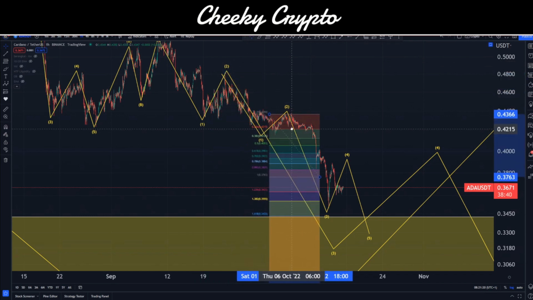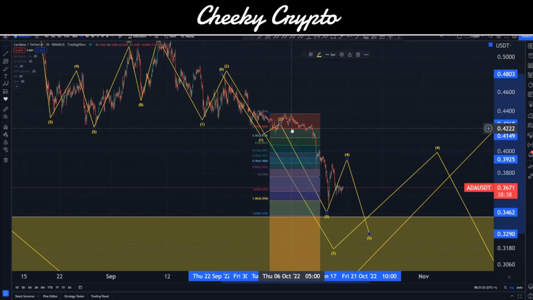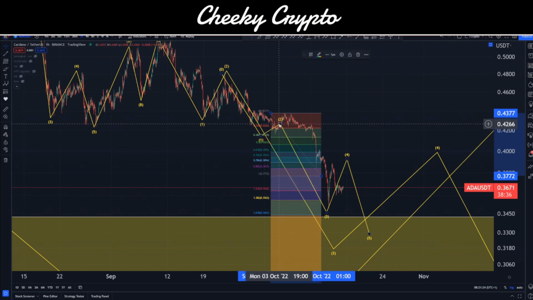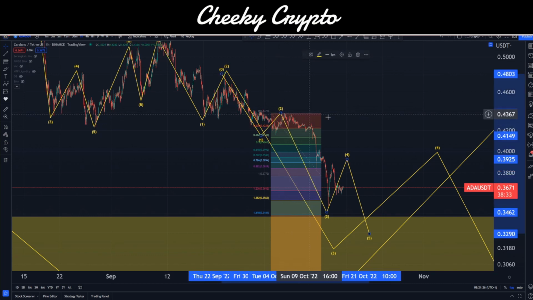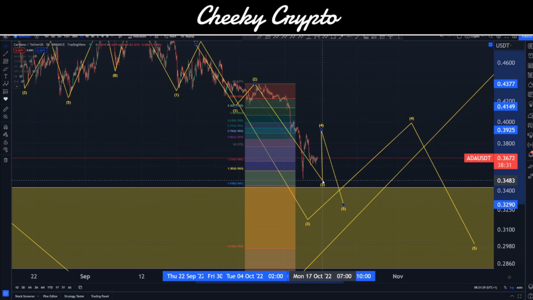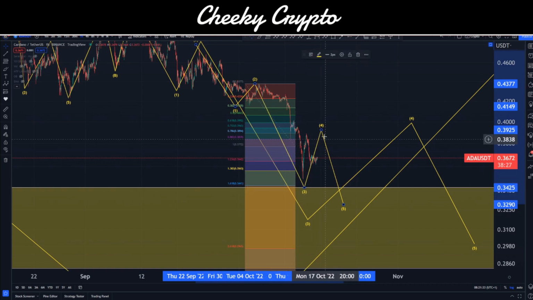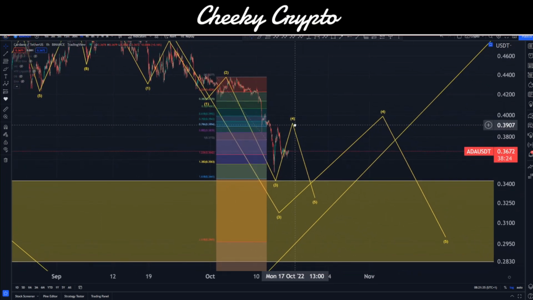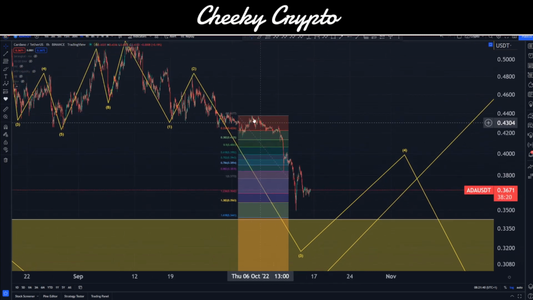These just help us to make sure that we're not just drawing some random lines on a chart. We want to make sure that they make sense, right? And we have to do the sense checks. Even if we can eyeball it, we can see that we're not quite here yet. So this one's not quite on where it needs to be. That one's a little bit interesting, so we'll park that one off there for a second and see what's going on. I would say that makes the most amount of sense for 1, 2, 3, 4, and 5 here, 3 to the upside, moving down. So yeah, that's interesting.